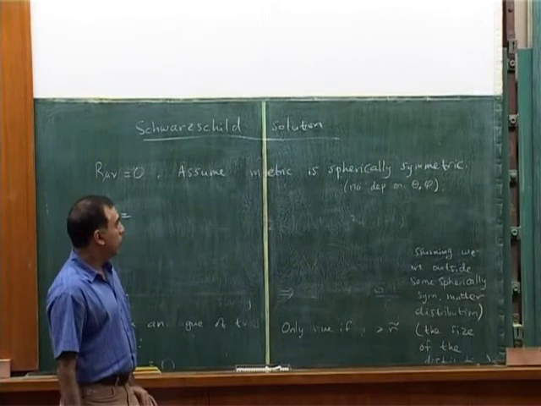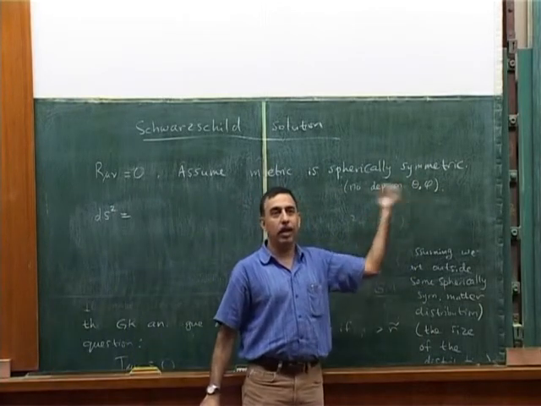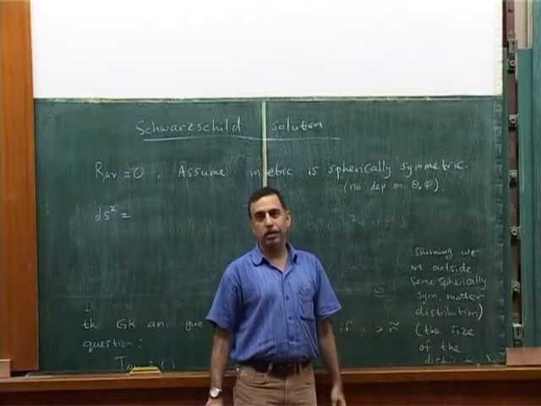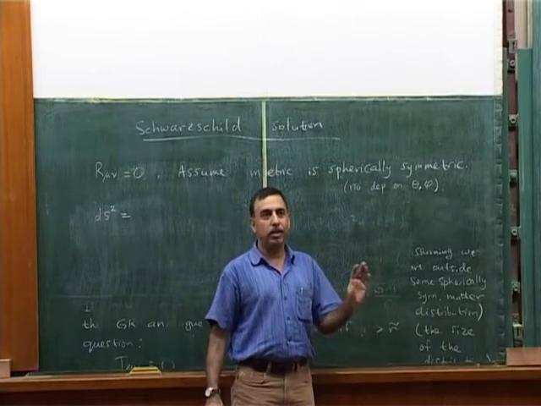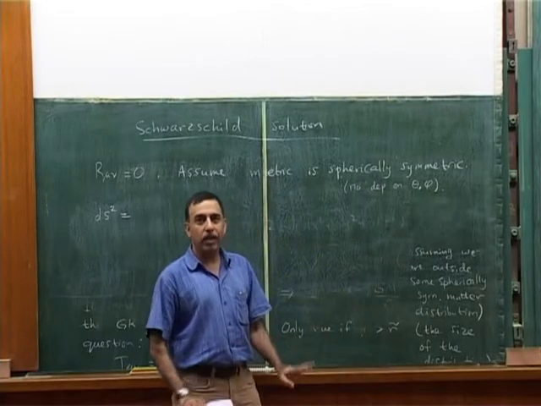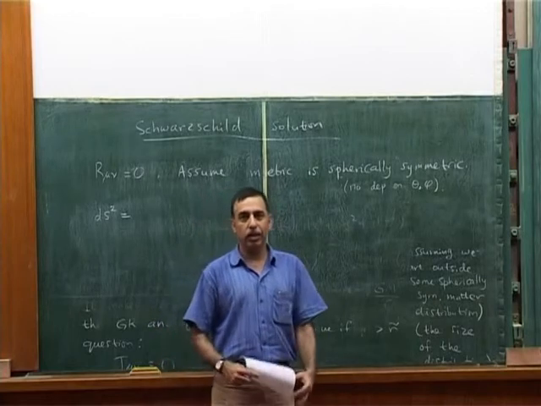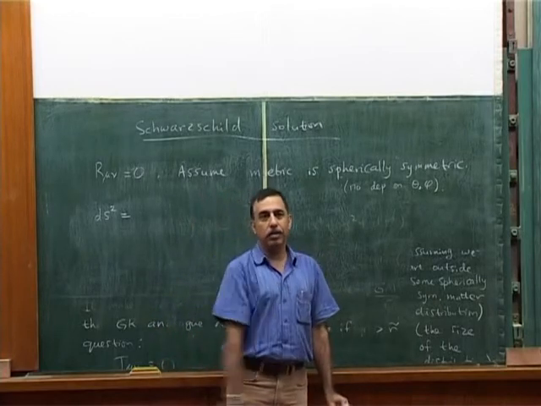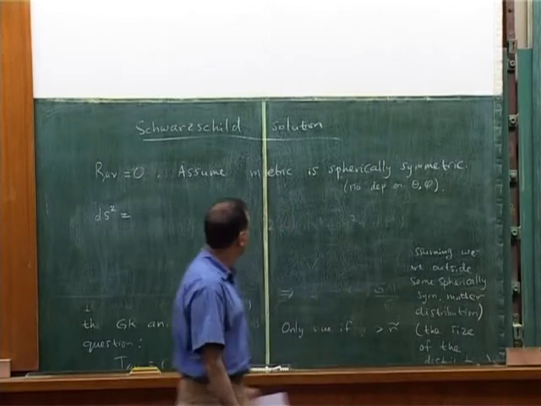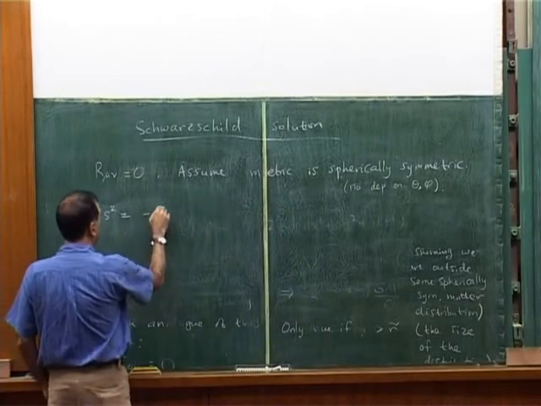As usual, you may be alarmed by the fact that I can always introduce dependence on theta and phi by changing coordinates. Something doesn't depend on theta and phi, and I spuriously introduce it. That's also possible. But if it's truly symmetric, there will be one coordinate system in which it's not dependent on theta and phi, and it's in that coordinate system we are going to find the solution. Okay. In addition to that, let me write the most general metric.